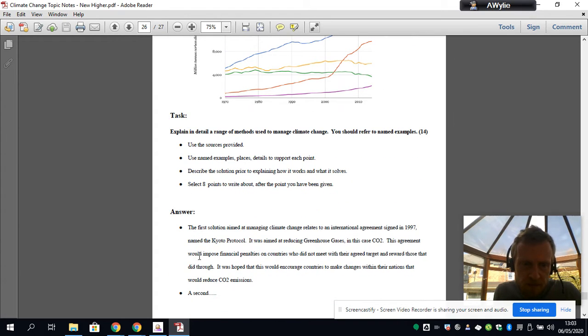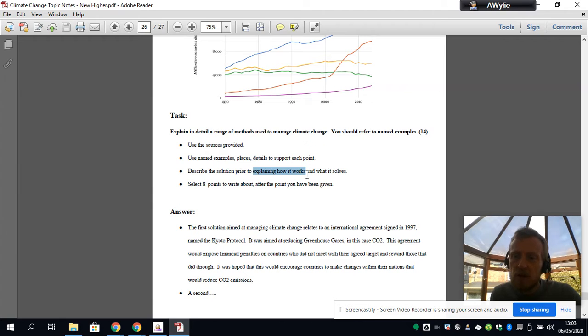I've given you one that I've written up, the first solution, and it links to the bit of reading that you'll have just done when you get to this point of the lesson. Anytime you write up a solution, you must try to refer your solution to a named example or include a location, a place, or any kind of detail. So each point you make should have one of these things in it to show that your point is authentic. You need to describe the solution. So actually tell me what is the solution,